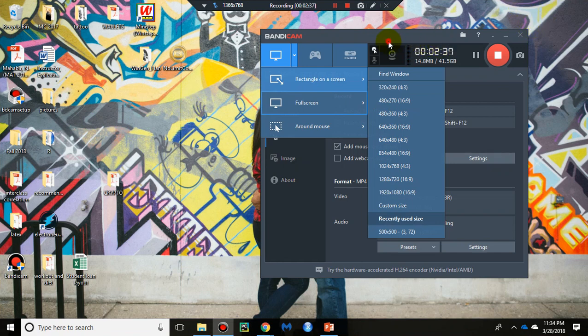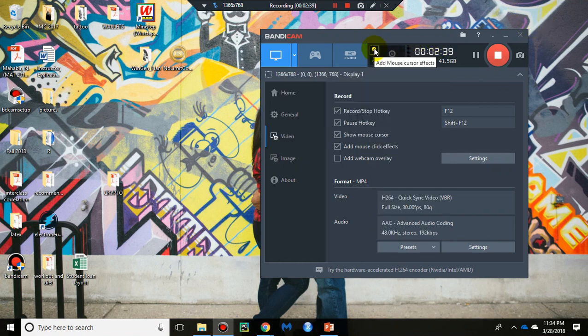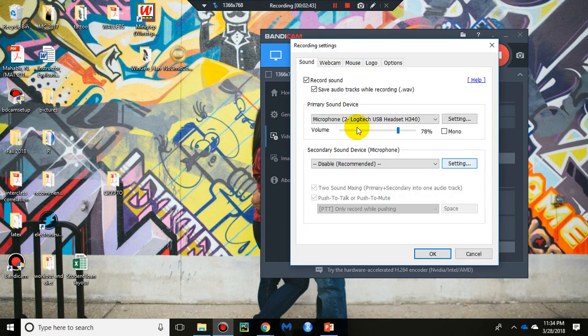This button is probably the most interesting out of everything. This is called the cursor effect button. So I'm going to show you how to access that. You go to settings, and this is where you'll select your sound. Make sure you record your sound and select the device you're going to use it on, whether it's the actual